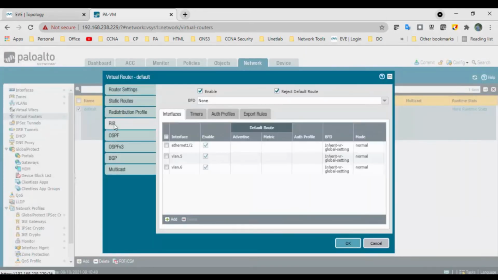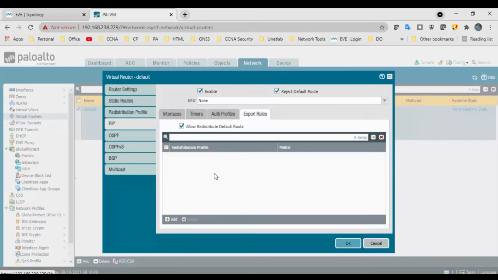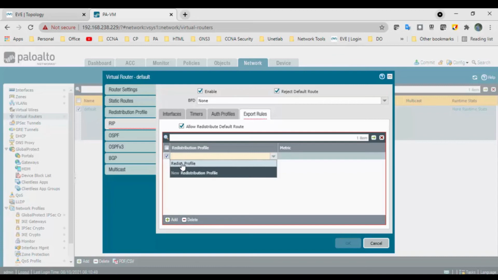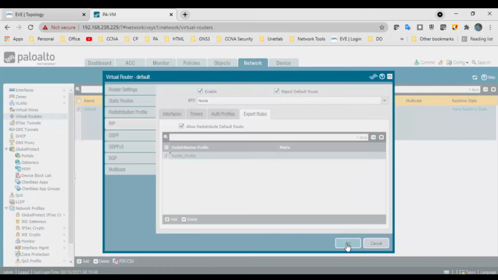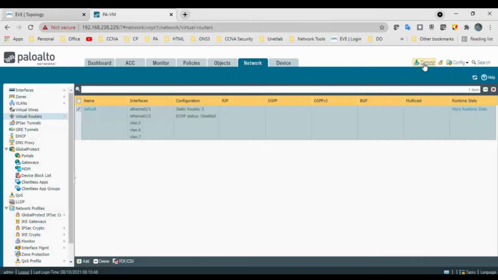Go to the RIP and attach that redistribution profile to that RIP. Go to the export rules, and click this checkbox, allow redistribute default route, and click on add and select the created redistribution profile. Click on OK and commit the changes.